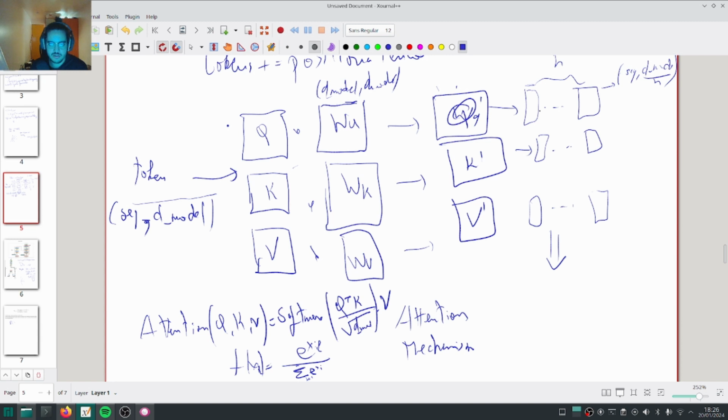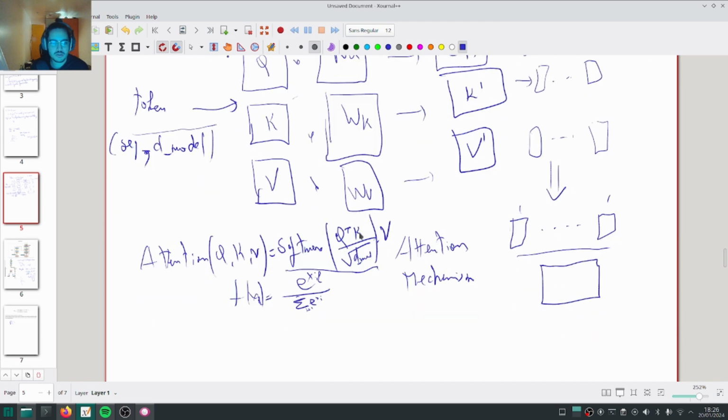And for each head, we'll apply this operation. So we'll get head prime, H heads, and we'll concatenate these heads into one small matrix. Let's do a simple